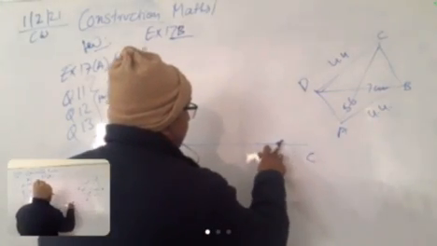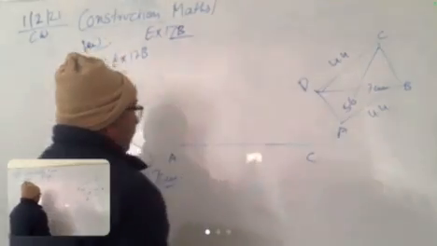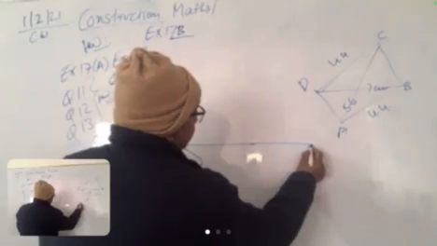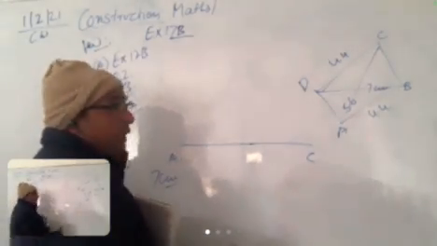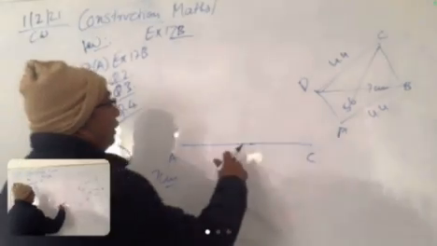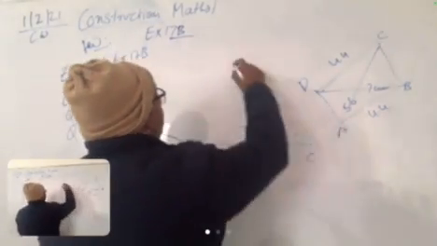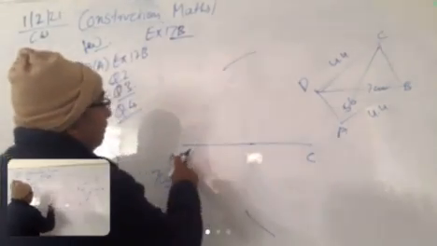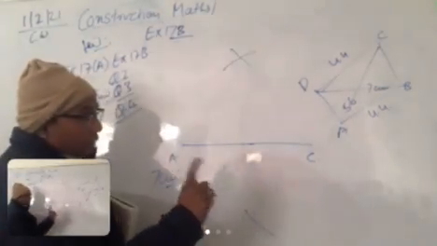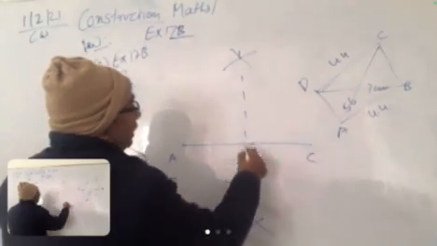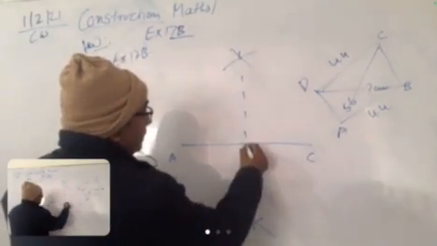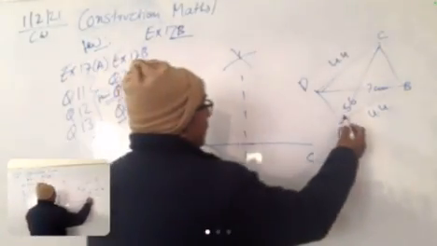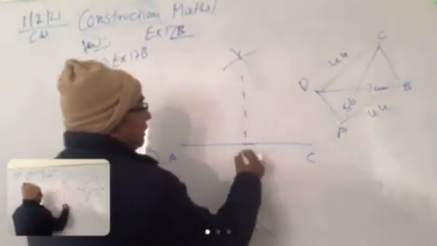Tell me if you did not understand, or if you could not hear. First draw a line segment AC. This is 7 centimeter. Then take your compass, open and draw the perpendicular bisector. Put the compass here, make an arc and downward also. And then put the compass at A, cut the previous arc without disturbing and draw a dotted line like this. Now this is the center from where the second diagonal passes.